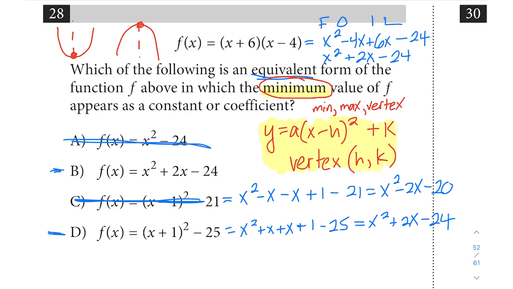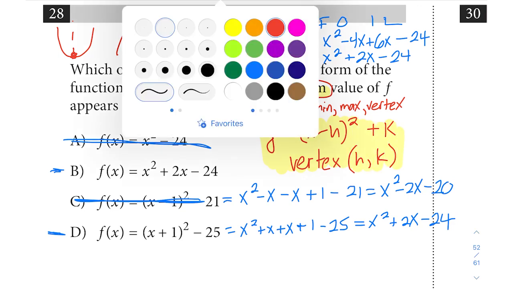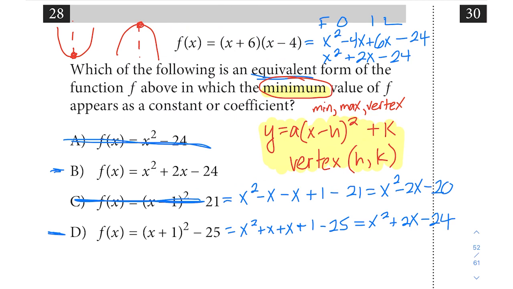And sometimes they will ask for the vertex outright, sometimes they will ask for the minimum, sometimes they'll ask for the maximum, but in all cases, what they really want to know is, can you put something into vertex form? And if we take a look here at answer choices B and D, both of those are equivalent, but only one